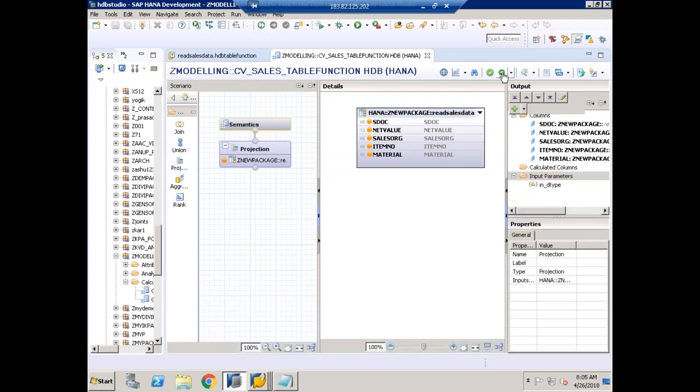Now as usual, we need to preview this. So here actually I'm directly executing the calculation view. But what is the real time scenario? This calculation view, CV_SALES_TABLE_FUNCTION, will be given to the reporting tools, the front end developers who are using reporting tools like BO, Lumira, whatever it is, third party tools. We'll give the name of this particular calculation view to the reporting tool so that they'll consume it. But here we are not concerned with that reporting tools. That's the reason I'm directly executing. So when I see data preview,